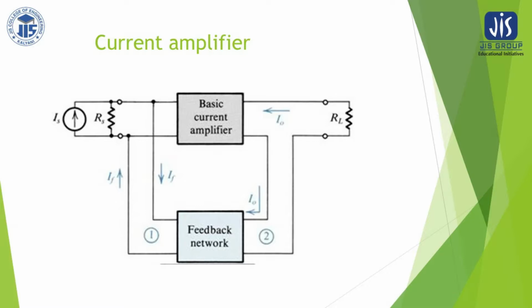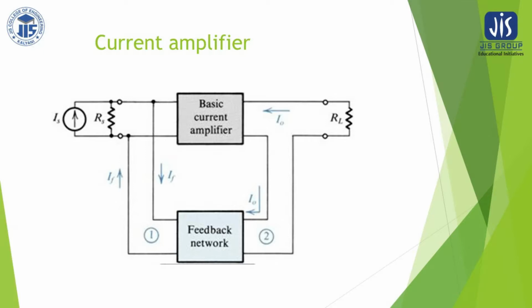So therefore, in this case, what is the basic requirement? That is, Ri and Rs, what should they have a relation to maintain? If Rs is very high, then what will happen? The source current will not be flowing through this. So ideally Rs should be infinite. That means it should be open circuit, so that none of the current will be flowing through this resistance, and most of the current will be fed as input to the basic amplifier.